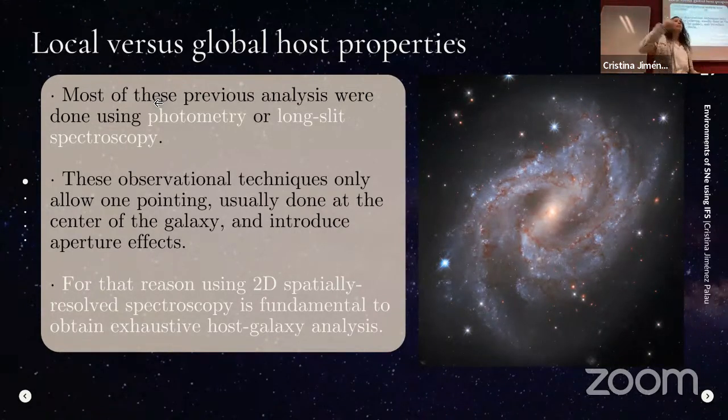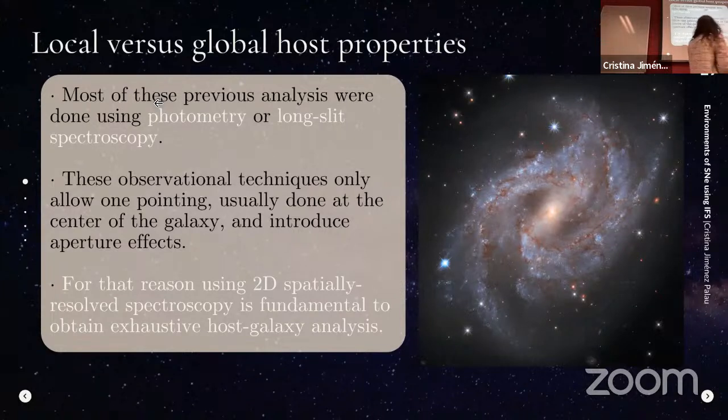That sounds really good in theory, let's just study this environment, but the observational techniques are not magic and we cannot observe wherever we want super easily. Until quite recently, most of these studies of host galaxy properties, in terms of the global galaxy, were done using photometry or single slit spectroscopy. When we use these techniques, you cannot have spatial information of all the points of the galaxy. In most cases, when you do single slit spectroscopy, you put the slit in the center, and you probably get AGN contamination and all of this stuff,